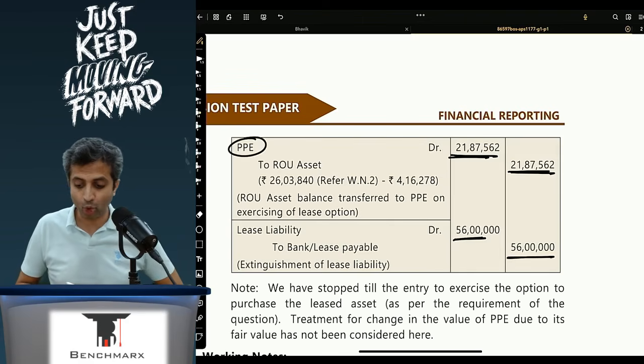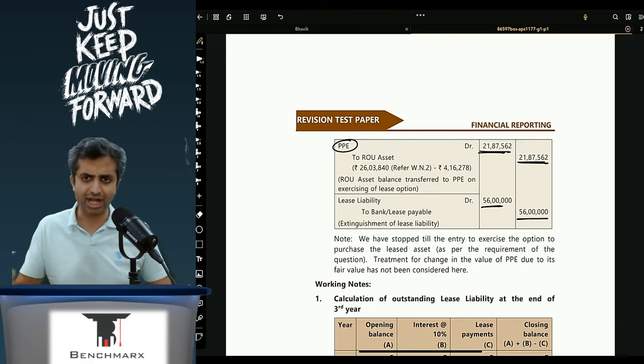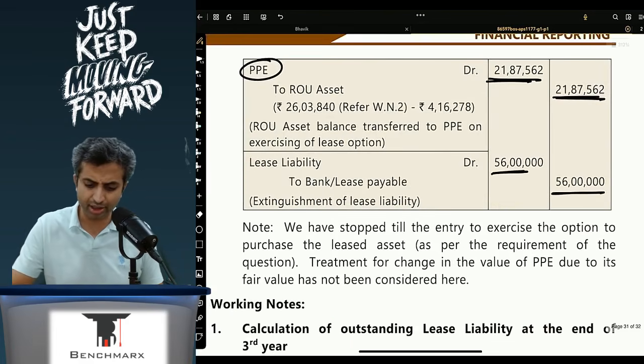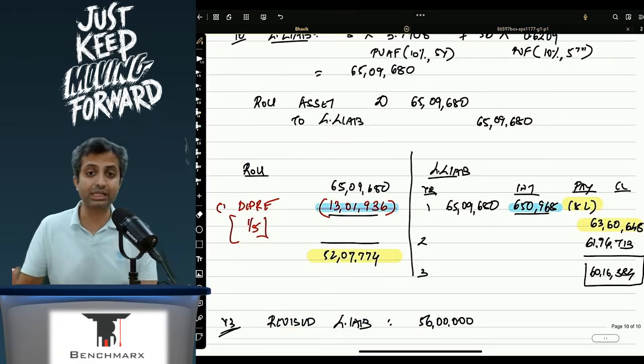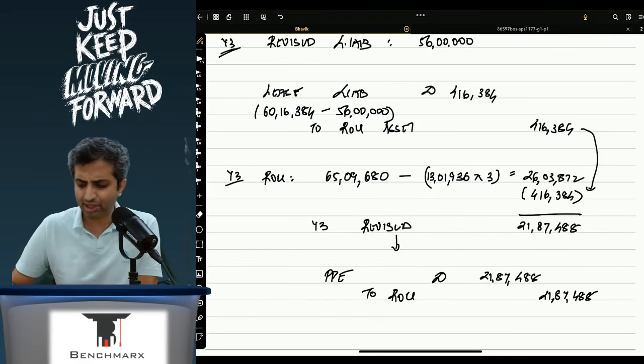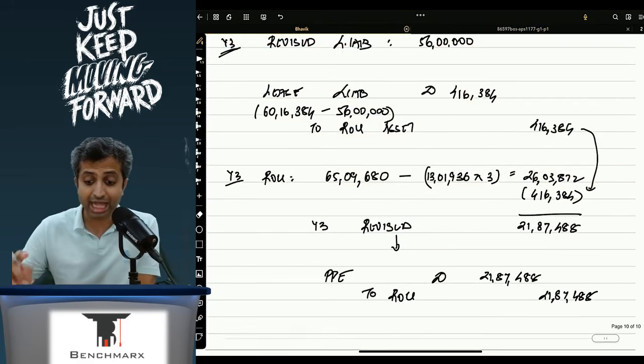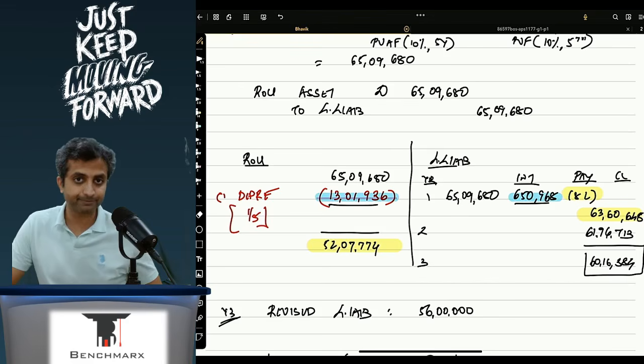Going forward, there will only be a PPE. Beyond that, there is nothing else. Remember, the PPE will be at the amount that you have paid and which is remaining in your asset balance. So that, I believe, is around 2187, which is, I think, approximately the same. Yes, 2187, and that takes care of question number